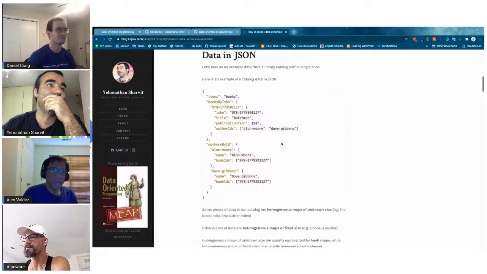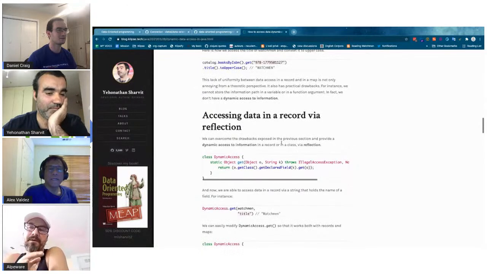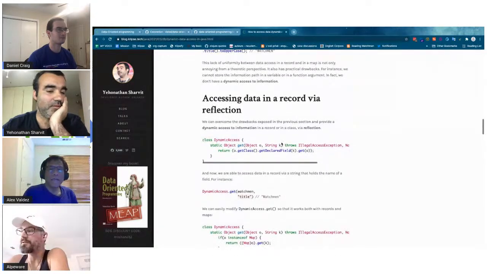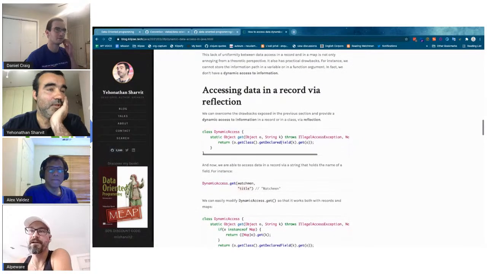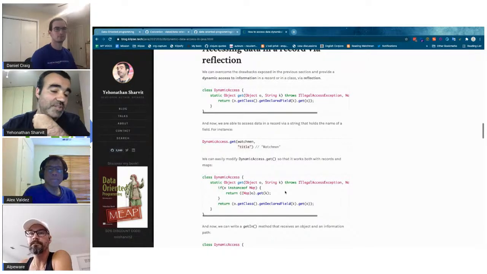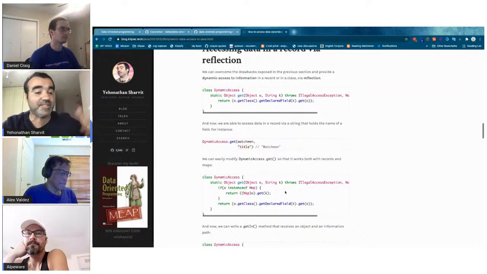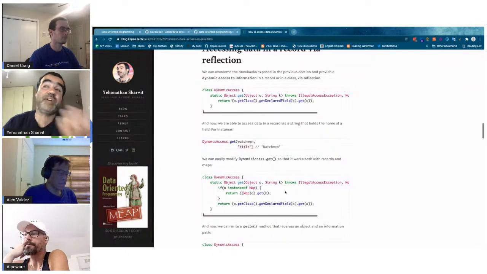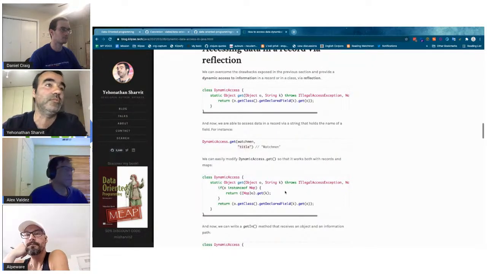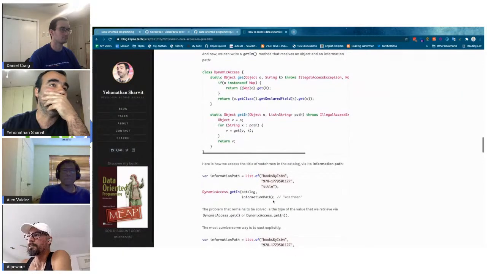So let me show you what someone told me to do. Is this all part of your book? I've been following a little bit. I haven't been able to read all your blog posts, but is this part of the book you're working on? So far, the illustrations of the ideas in the book are mostly in JavaScript. Depending on what we think about the Java market, I would add an appendix at the end with all the code snippets translated to Java. But okay, if I see that the Java community is not interested, I'm not going to do the effort. Yeah. No. So we could do something like that.